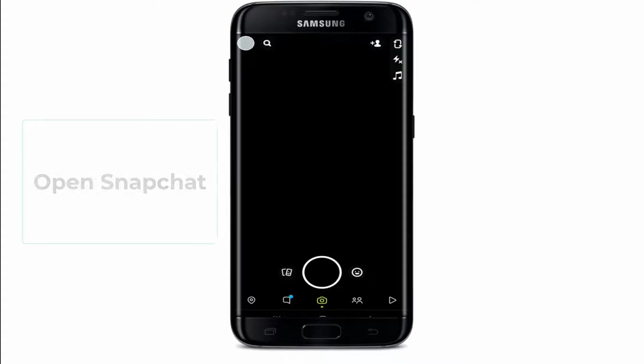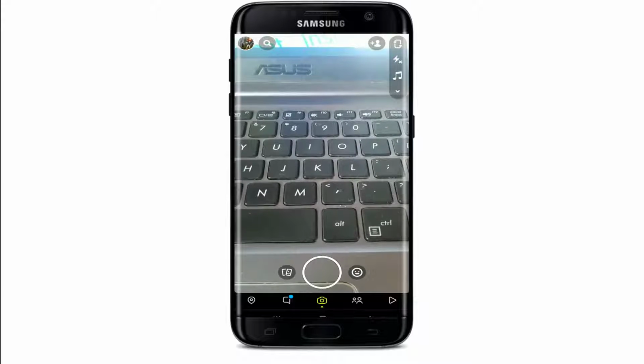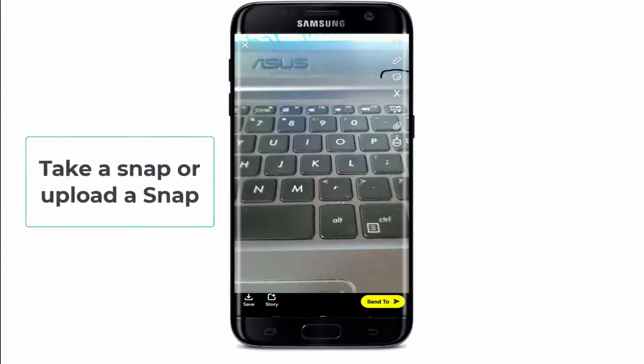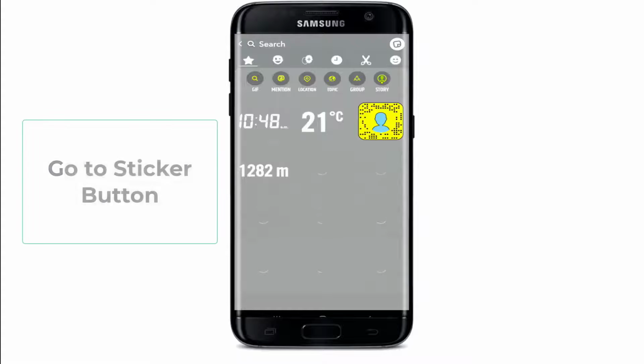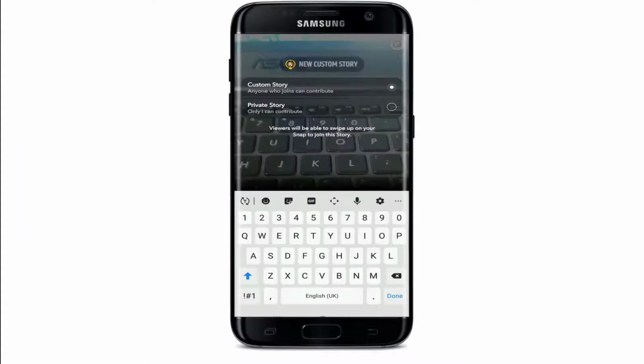Start by opening your Snapchat application and signing into your account. If necessary, go ahead and take a snap or upload a snap, and once you do that, go to the sticker button at the upper right. From your stickers, tap on the story option at the upper right corner, and on this page, you'll be able to see two